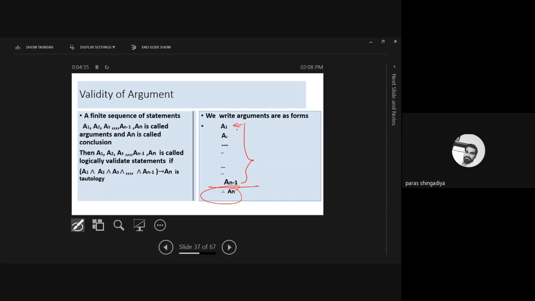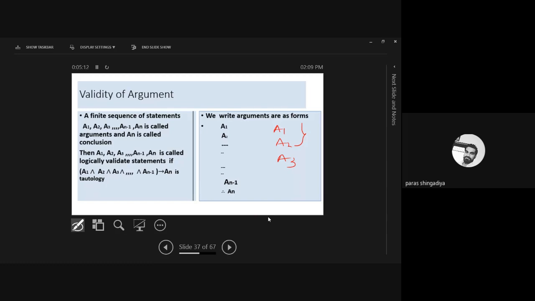If it is a tautology, we first check the bracket, then AN, and then we apply the conditional between these two. And if it reflects a tautology, then we can say that the sequence of the argument is called a valid argument. Is the formula clear? This type of data will be there in this question. If three statements A1, A2 and A3 are given, and we check whether A1, A2, A3 are valid or not, what is the formula for these three statements? We consider up to the last but one, that is up to A2.